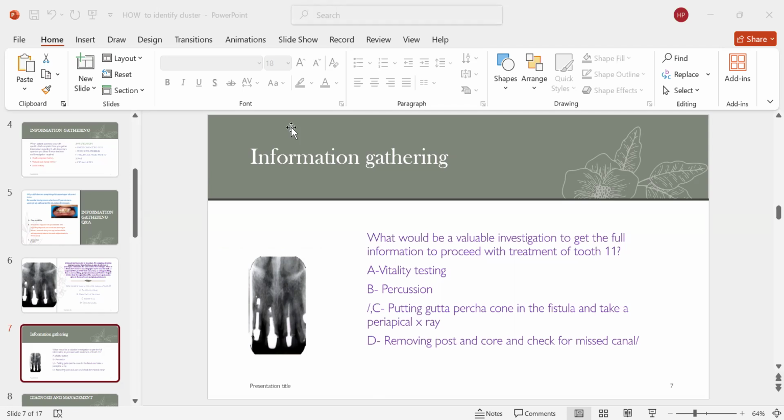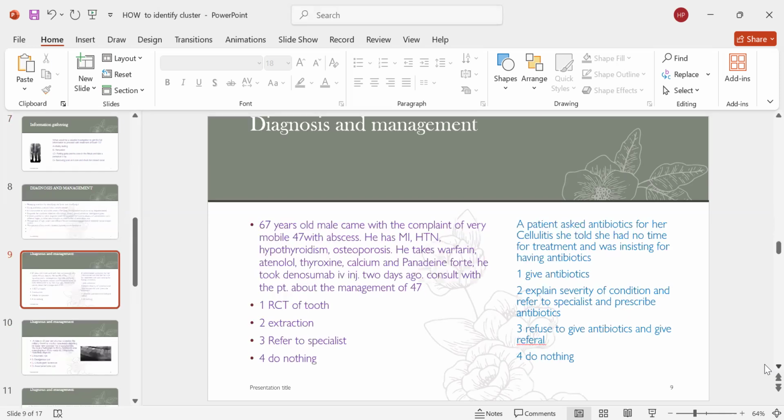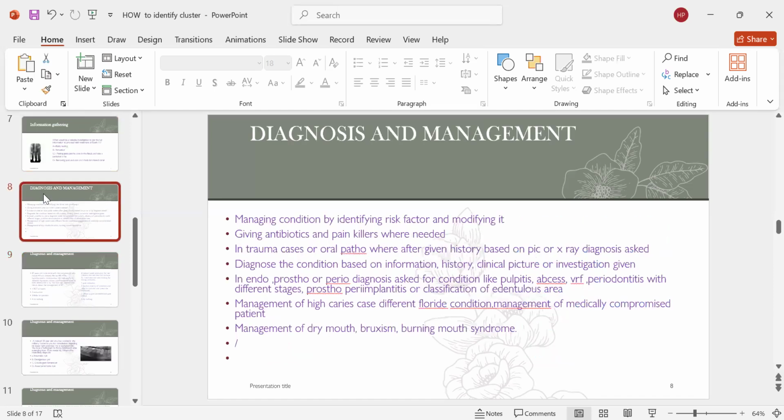Yes, GP tracing. Yes, Dr. Hansad. Yes, Dr. Haider. Very good. Right? So we are going to do the GP tracing. So C is the correct answer over here. When you read the question, develop this art in your mind: excluding the options, what the keywords are, how to connect the dots, everything. This kind of question belongs to the information gathering and investigation part, the information gathering cluster. Now let's go to the diagnosis and the management plan.